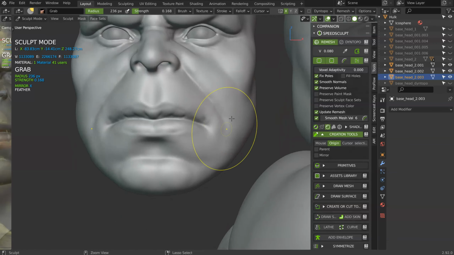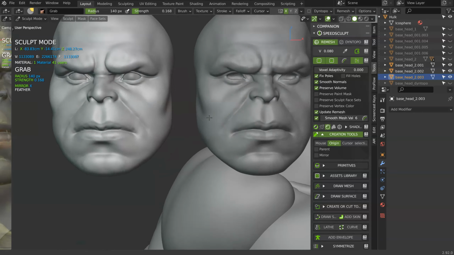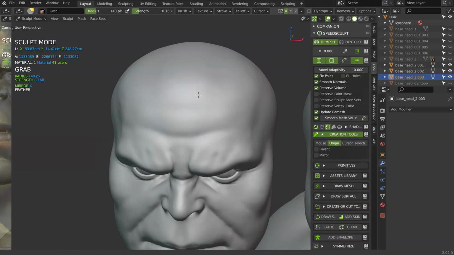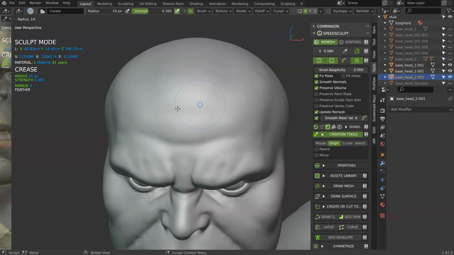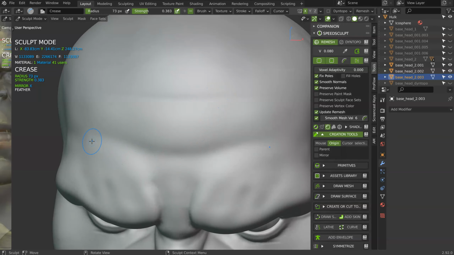So just like that, make a lot of tests. Don't hesitate to test, make a different version of your model. As you can see, I made a lot of different versions of my model. Shift C. Let's move it a little, just to see it, but not to have it too visible, as you can see, too big here.